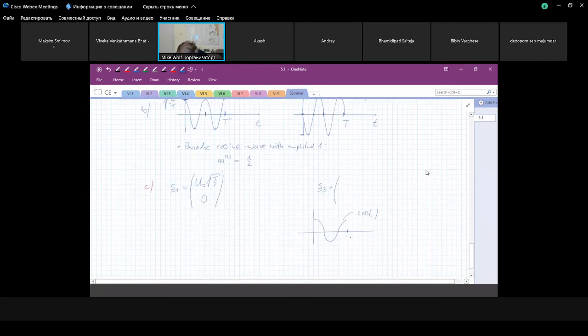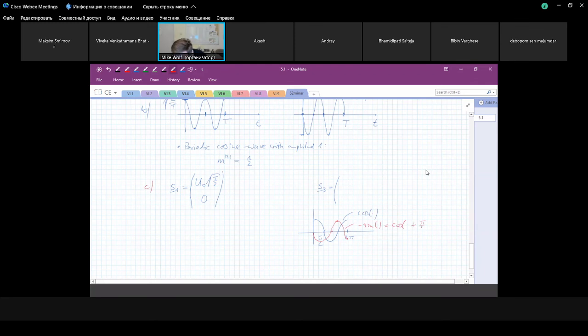So this is 2 pi, this is pi, and this is pi by 2. And if I shift this by pi by 2 to the left, then I get this, right? This, and then this. Yeah. And then if I shift this, we see this is minus sine is equal to cosine